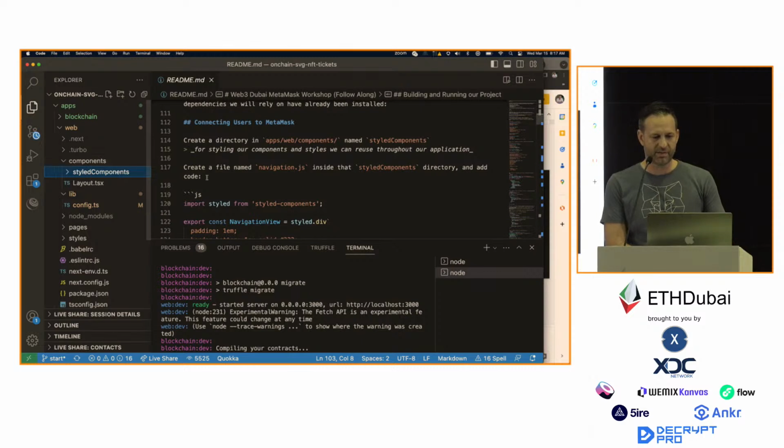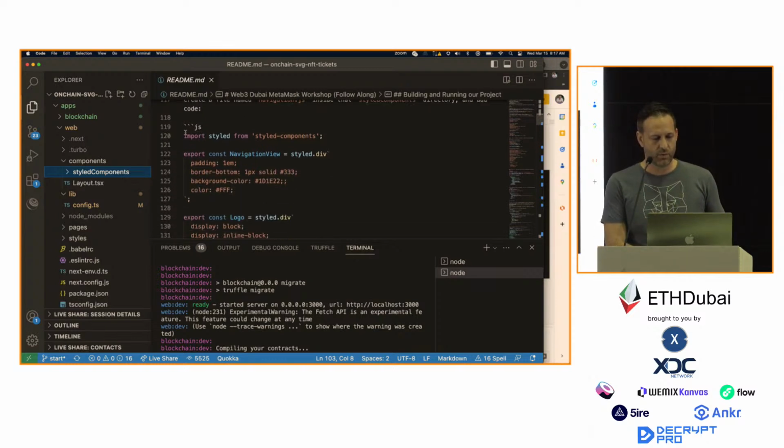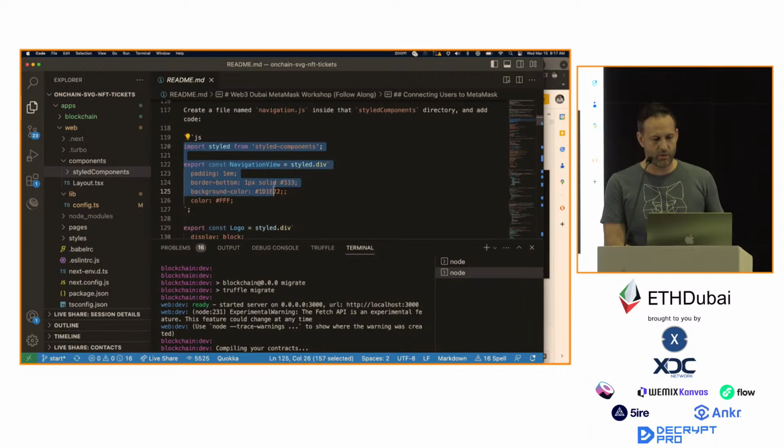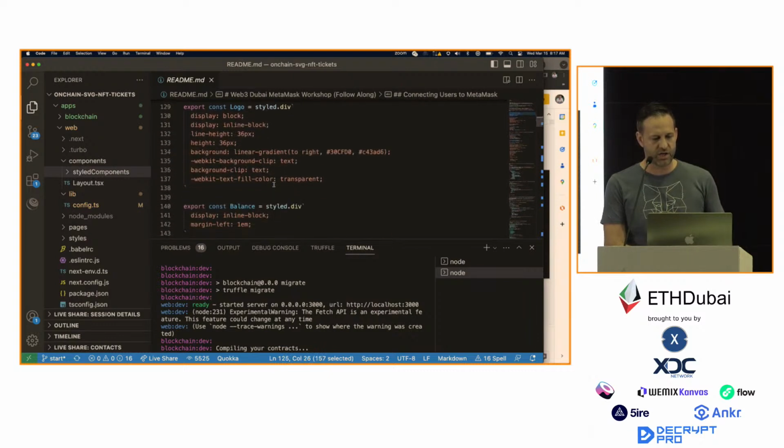You'll know quite a bit about styled components. Styled components are really cool. It's kind of like a way of taking the styling that you need for each function or each component in your React application and creating a function out of it, which is pretty cool. So we're going to copy this over, and we're going to create a new file called navigation.js, and this